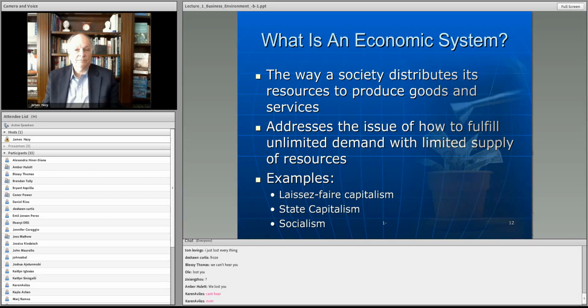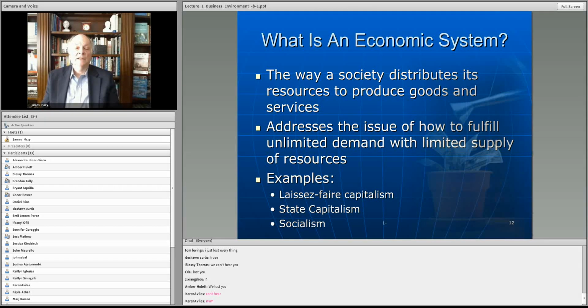Right, that's a good question. Well, what we mean is those last two charts that I went through, of all of the different things you need for business: natural resources, physical resources, human resources, and capital, financial resources, versus the information about them. An economic system is how those resources are identified, distributed, and utilized in a society. How that is done is the economic system.